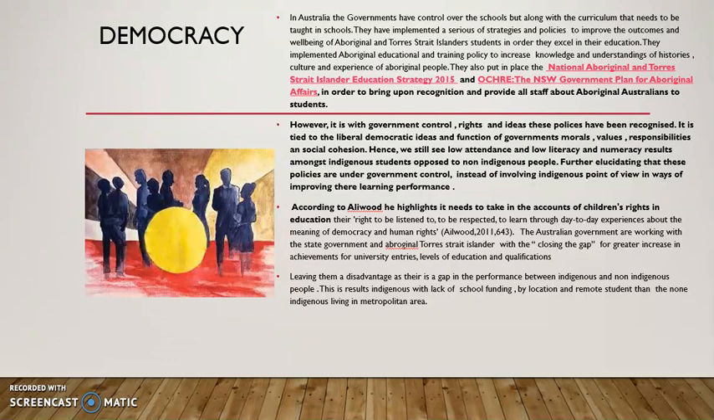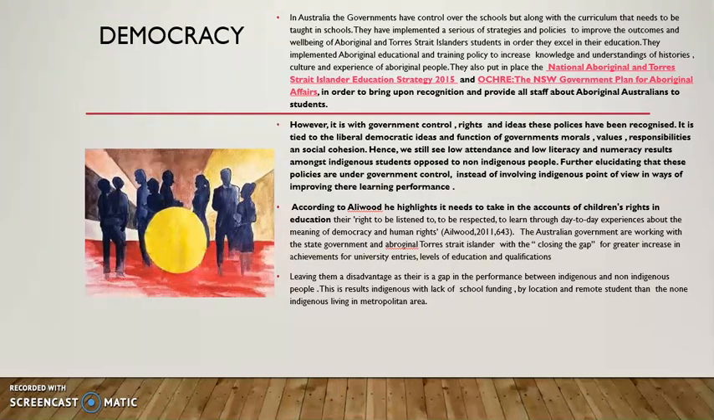However, it is with government control rights and ideas that these policies have been recognised. It is tied to the liberal democratic ideas and function of government morals, values and responsibilities and social cohesion. Hence, we still see low attendance and low literacy and numeracy results among Indigenous students as opposed to non-Indigenous people. Further illustrating that these policies are under government control instead of involving Indigenous points of view in ways of improving